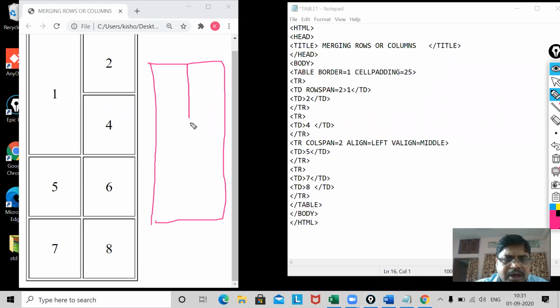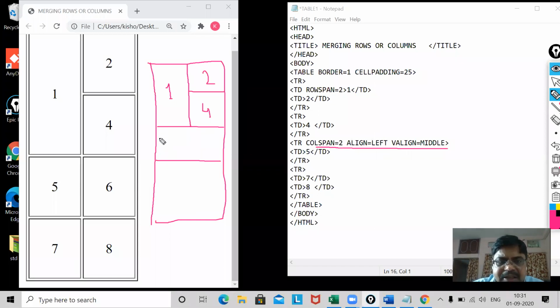Now I have my value 1 here, 2 here, 4 here. Now 5 will be shown where? You see, col span equal to 2, align equal to left, and V align. That means it will be shown here at the corner. Now 5, and then 7 and 8. In this way, it will show your output.